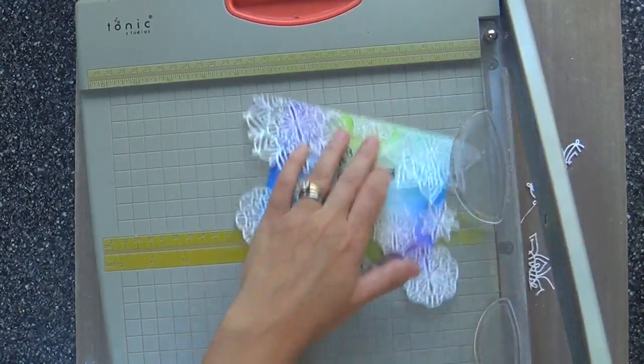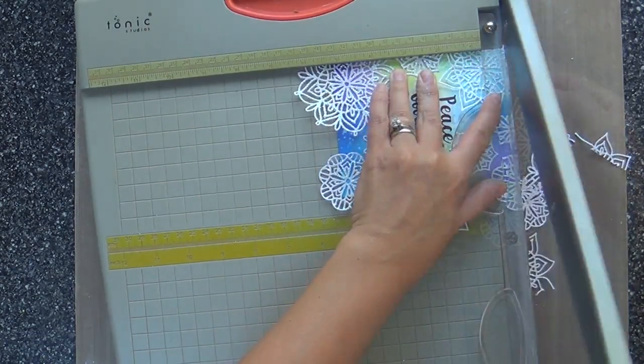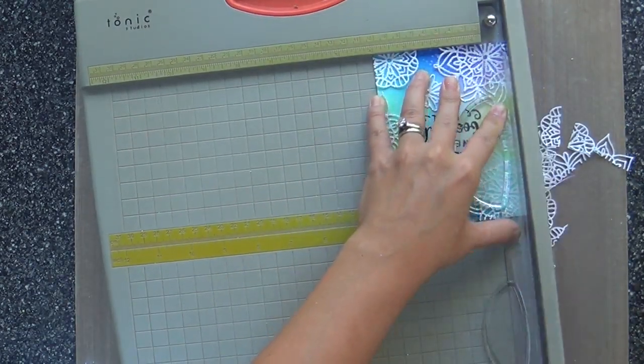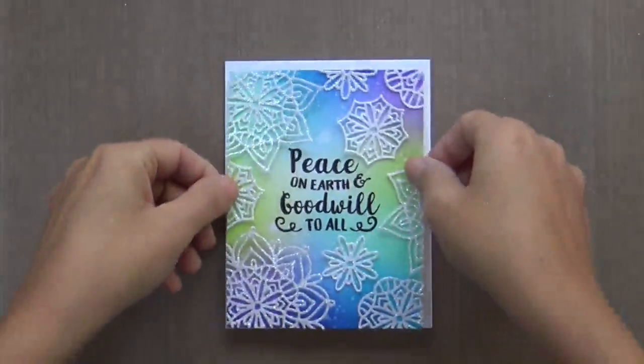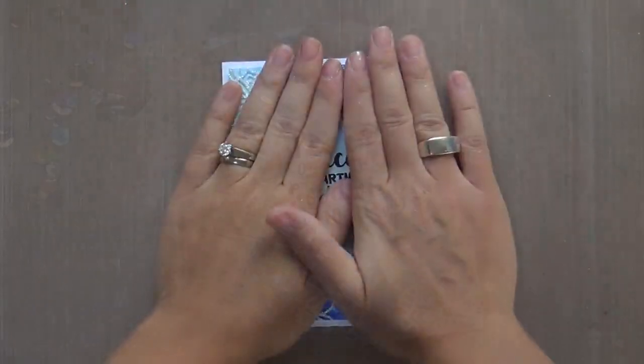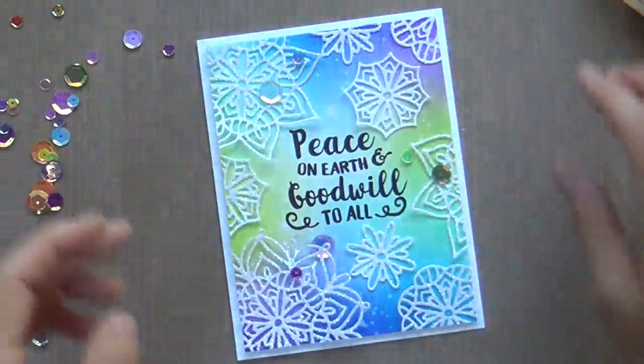I think it's wonderful. So I'm trimming off the excess glittered up snowflakes, and then I'll pop this up on a card base. I've got some foam adhesive on the back. My card base is Nina Solar White,